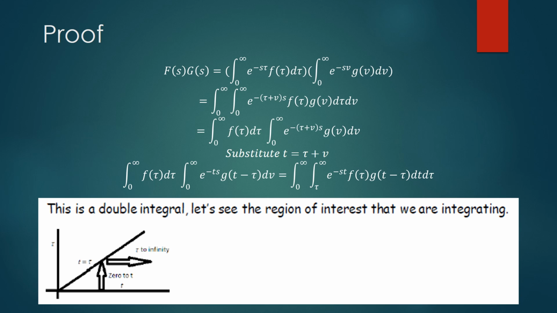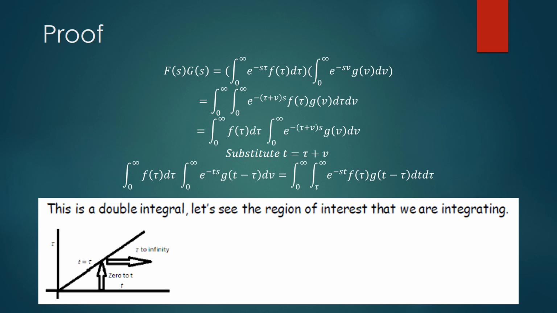It also equals the integral from 0 to infinity of f(tau) d tau times the integral from 0 to infinity of e to the negative (tau plus v) times s, g(v) dv. Then substitute t equals tau plus v. Then the equation becomes